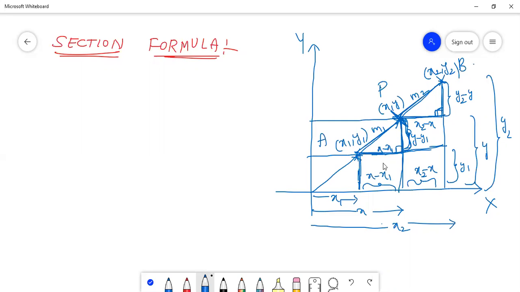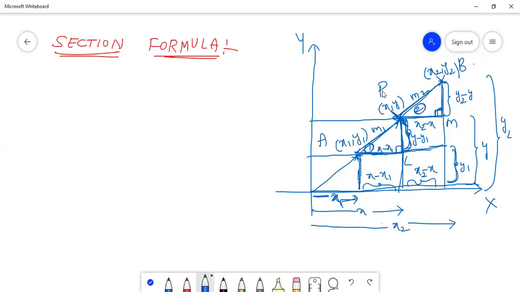In this, we can take in the coordinate geometry the lengths of the adjacent side and opposite side of the first triangle and the second triangle. Suppose we take them as L and M. The triangles PLA and BMP are both right angle triangles. By the relation of coordinate geometry, the distance from the x-axis to point A is x1, and from the y-axis to point A is y1. So this is y1, this is x1.